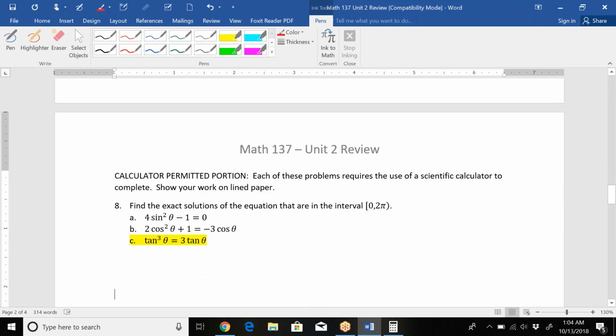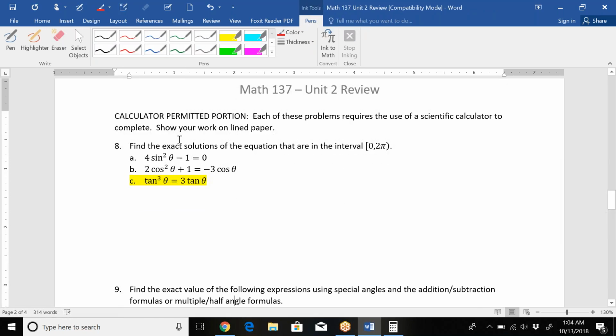Now for the calculator portion, we're going to do a few examples from this. This first one, we need to solve this, and it says exact solution, which means this should be able to be solved using either the unit circle, or we just leave things as like the arctan of a value. First thing I would do here is to subtract over the 3 tan